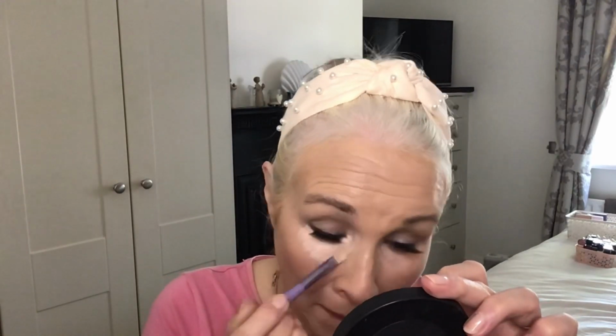This is the Covert Concealer by Carter Beauty, and it's in the color Meringue. So it's in a nice little dropper. Same little concealer brush, and a tiny bit is all you need. And I'm just going to conceal that area. Back in with my sponge, and